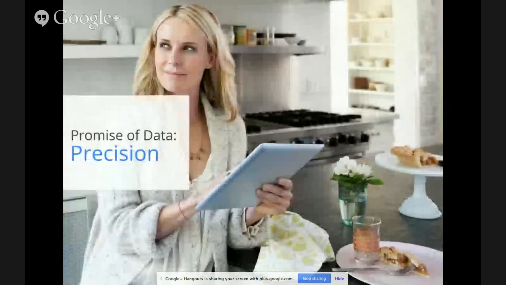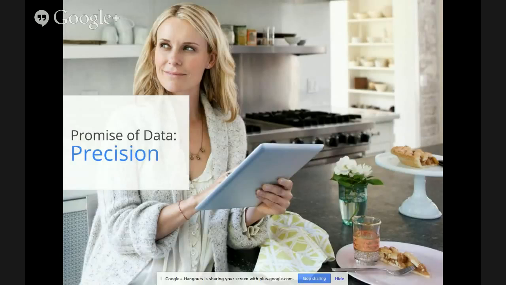Now we have the promise of precision. So what do I mean when we're talking about these signals? It means all these signals that help marketers understand who I am and what I want to buy. And the real breakthrough with all this information collected across the web is the ability to bake precision into your digital marketing. Precision is about going from just broadly identifying and targeting a specific demographic to knowing their preferences, their previous interactions with your business, and their current state of mind and where they are on the purchase funnel at that moment. Sophisticated technology allows precision to get better over time. So running continuous campaigns on the right network will keep you in touch with your best customers. You want your ads to be relevant, and you want your ads to be useful.